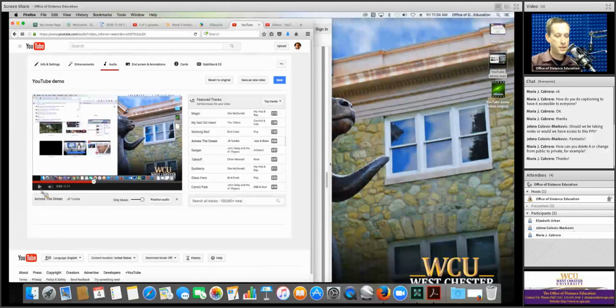It's pretty much drowned out anything that I said, and is playing that music over it. But I can change that. There's a little slider right here that says only music, but as I kind of dial it back, it's going to change it to favor